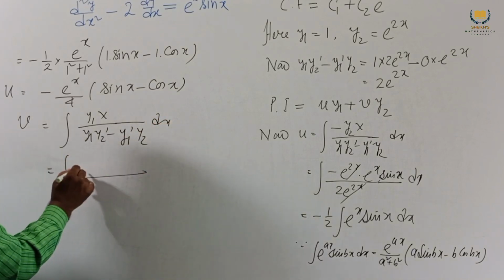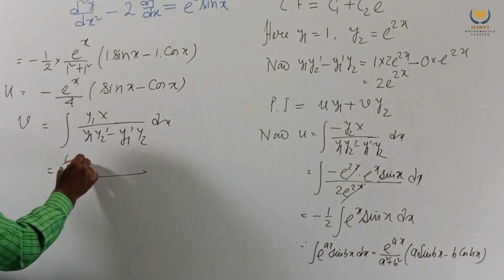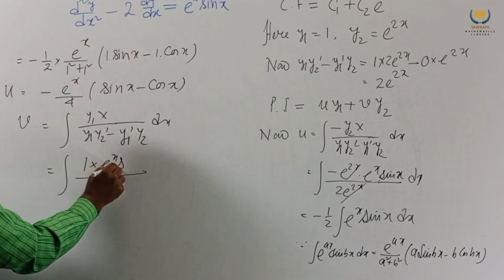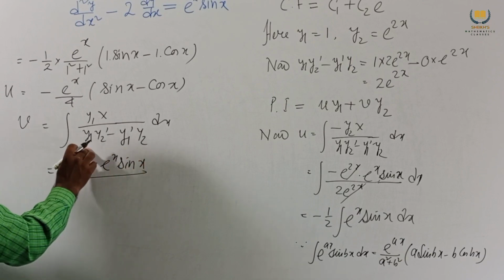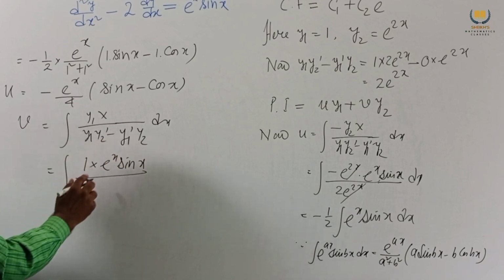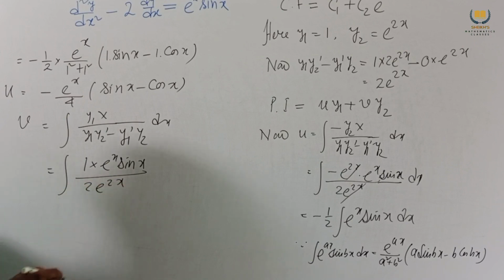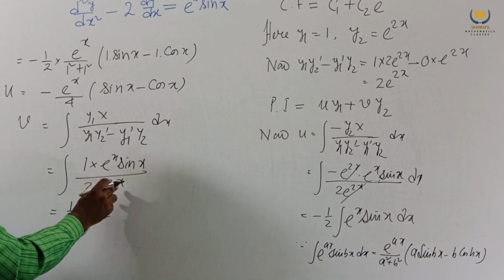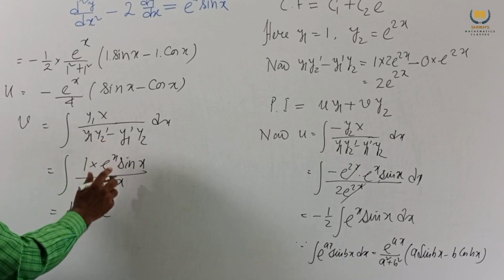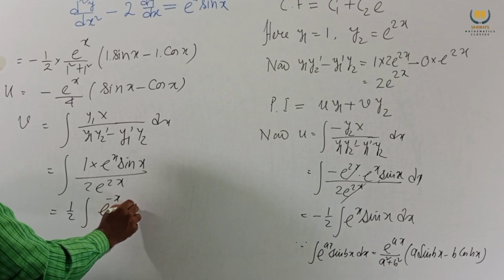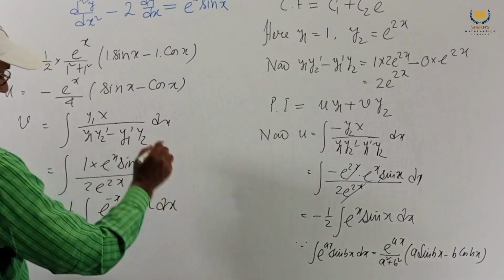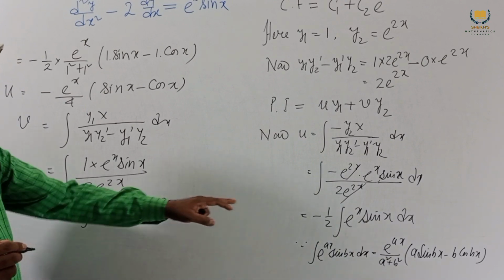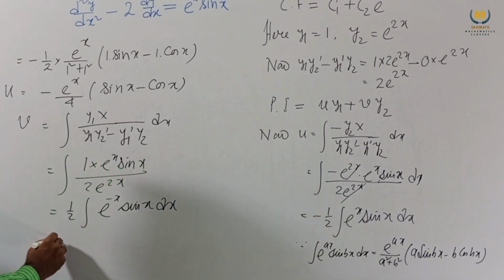This is y1 means 1 into X, X means e to the power x sin x, and this value we know 2 e to the power 2x, and taking these two outside, e to the power minus x sin x dx, we get this. So here a means minus 1, b means 1. Using the same formula, we get 1 by 2,